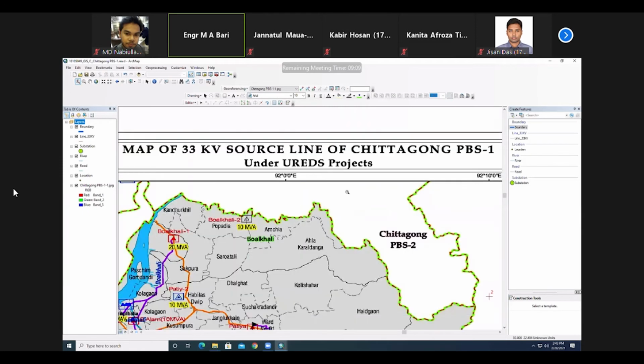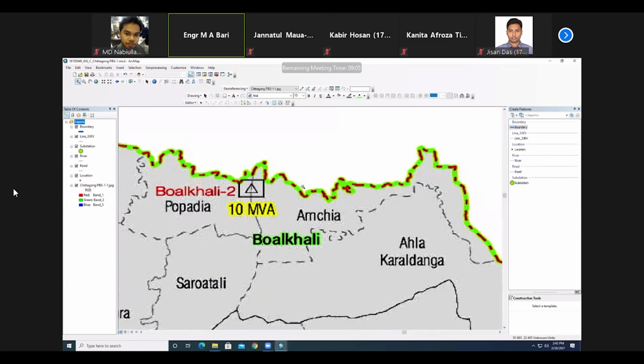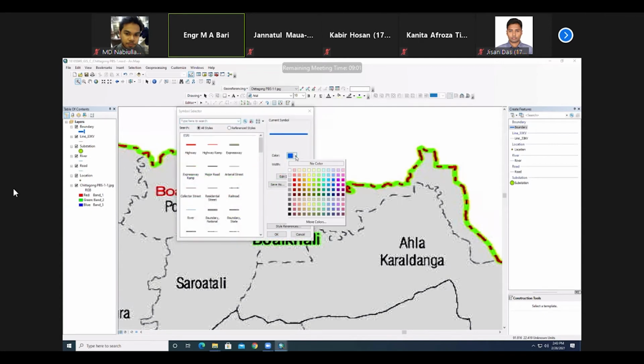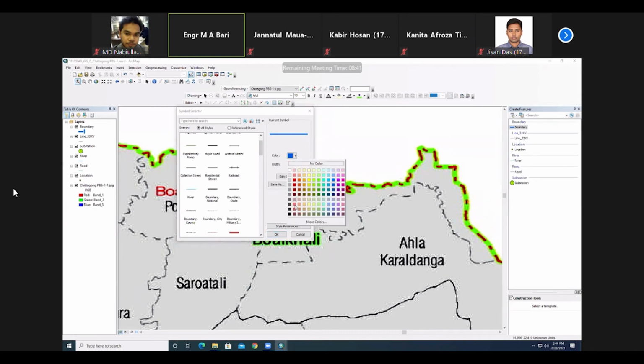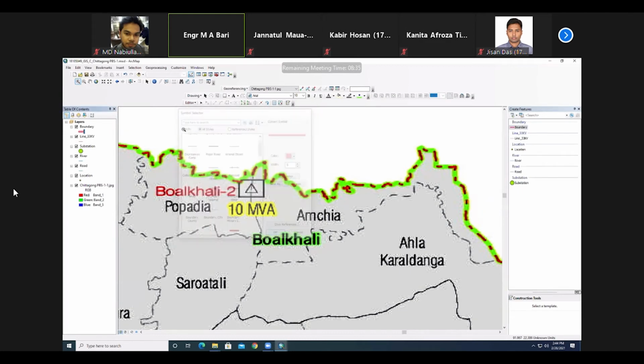PBS boundary, the PBS boundary. Look, your color is another color. So you need to change the color. Any color you can, yellow or many others, or you can change from here, whatever you like. Because how to give the original shape, we will learn later. So just for example, you can give it any other color. Suppose we give it this color, and then what you need to do, more zoom,